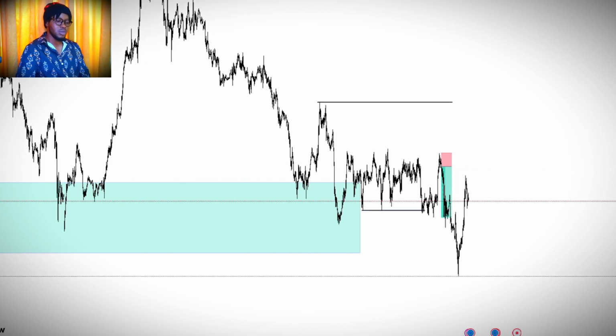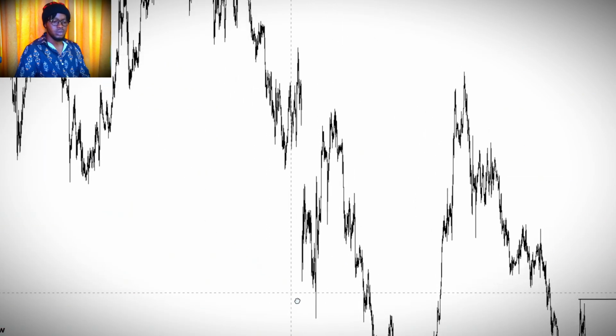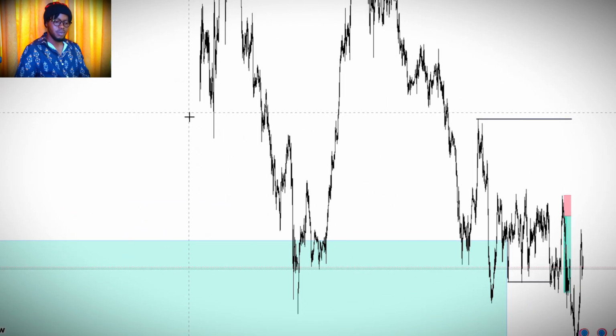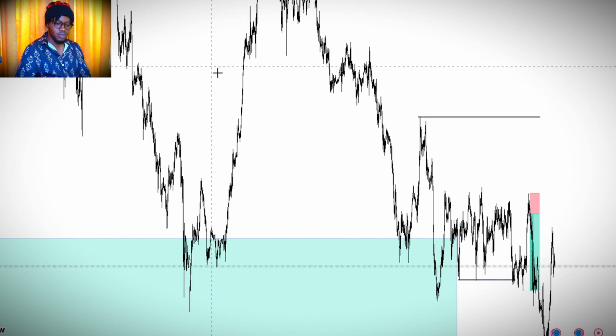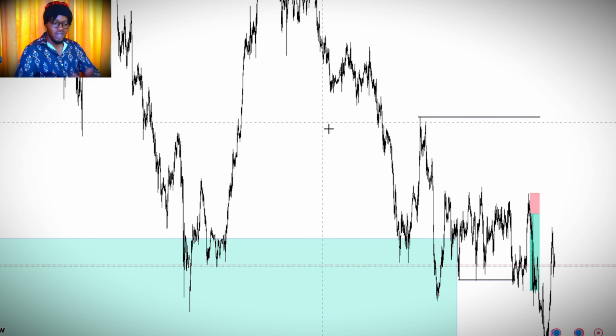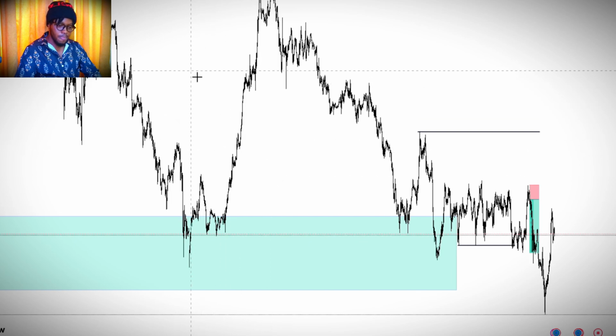So clearly you can see that the market is bearish on the 15-minute time frame. I'm not showing the daily time frame or the weekly time frame. I already did that analysis before, but I know what I'm doing. So these are the things you should check for on the lower time frame before you enter your trade. Right here,